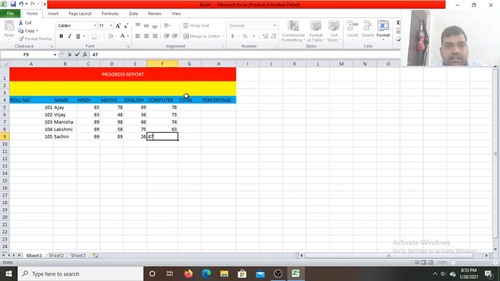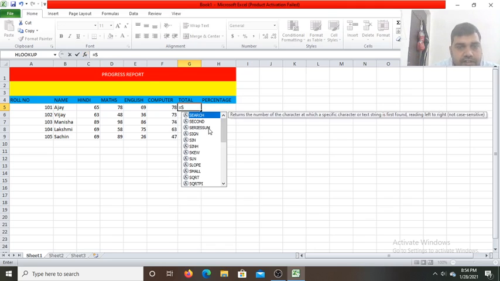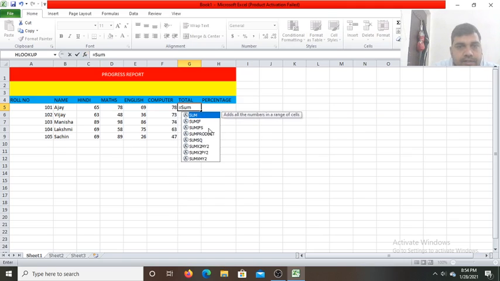So we click in this column first. Now we write the formula here, to calculate the subject marks of Ajay. Every formula in Microsoft Excel begins with equals to. So first you write equals to. Now the formula you write will appear here in this formula box. So equals to, we use the sum function. Now we open the parenthesis to pass the value.